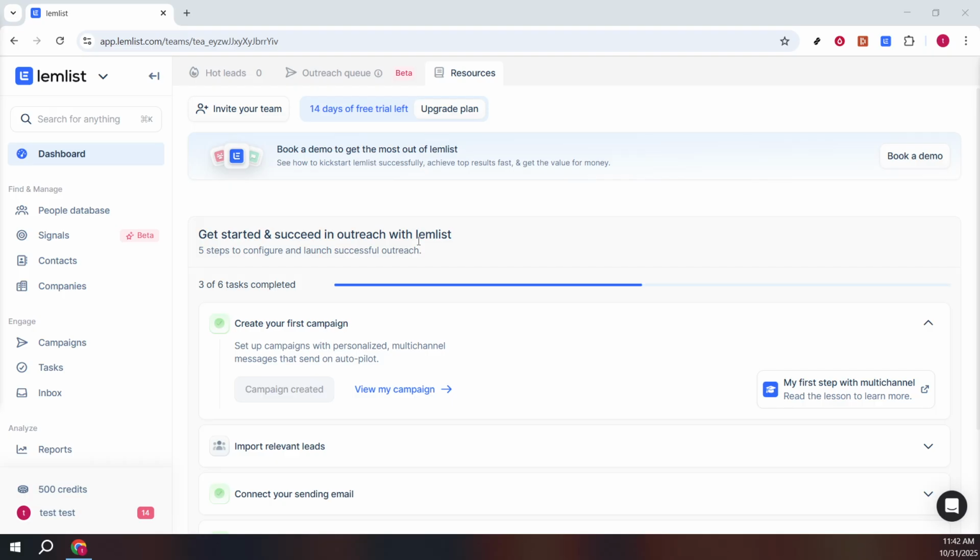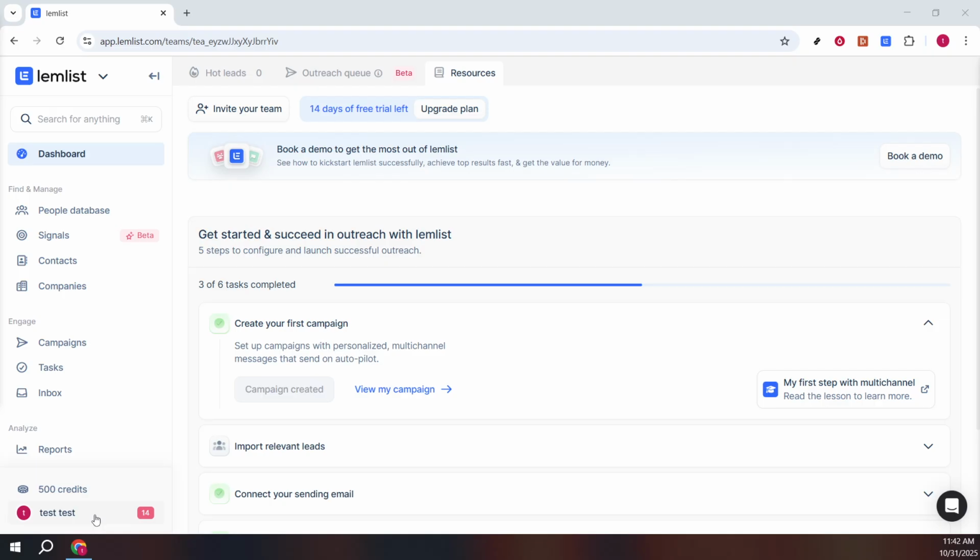This is the entry point for all your Lemlist activities and tasks. Here, you'll be able to manage everything related to your email campaigns. Once you're at the dashboard, direct your attention to the left side where you'll find your profile section. Give that a click. By navigating here, you are essentially setting the stage for customizing how your emails will be